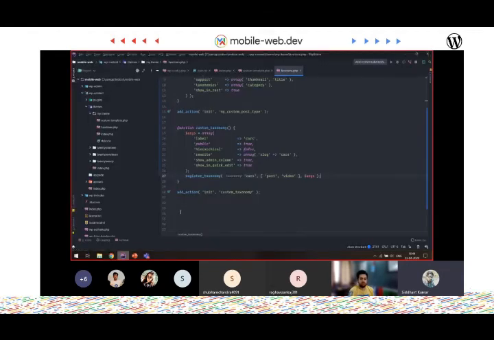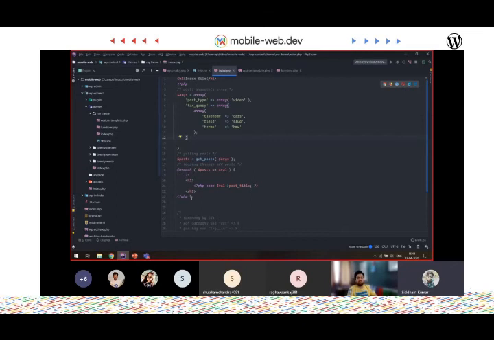Inside our index page, let's remove this PHP for loop from here, because we're not going to use it. How can I get that value?